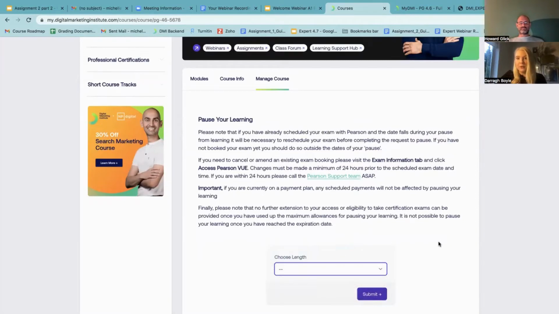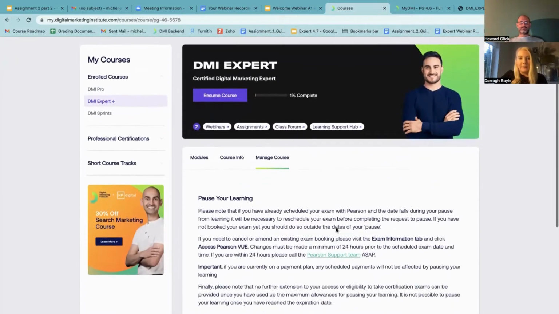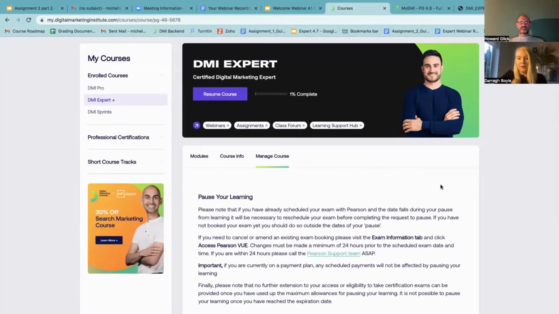That will stop your learning. It will kick you out of the program pretty much for 28 days. You won't have access to the course modules and your assignment. You'll give yourself an assignment extension. So you can just press the button and that's done for you. Any queries around it, pop us a support ticket at any time.